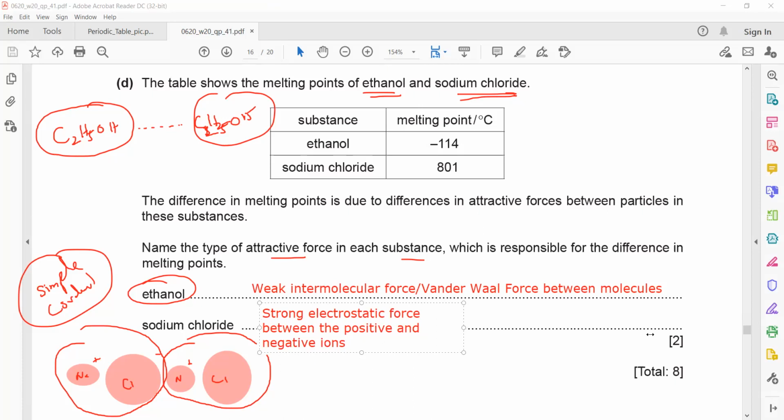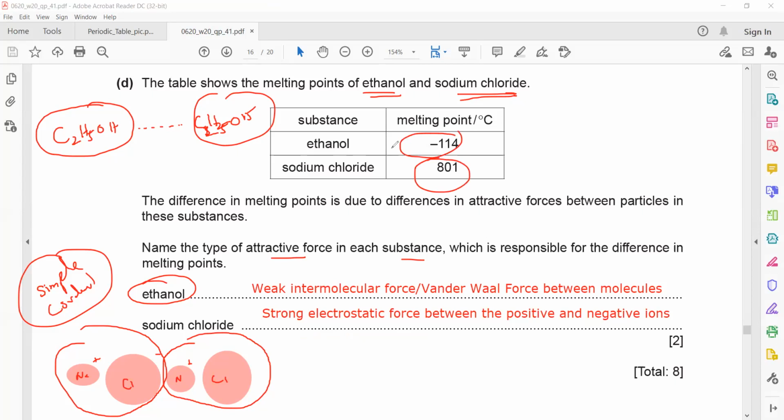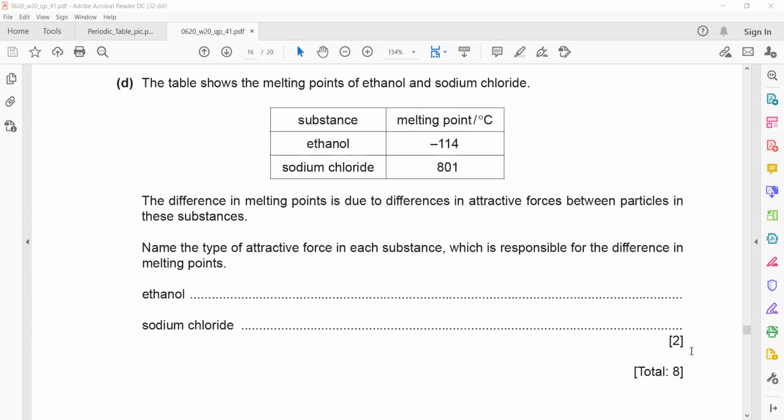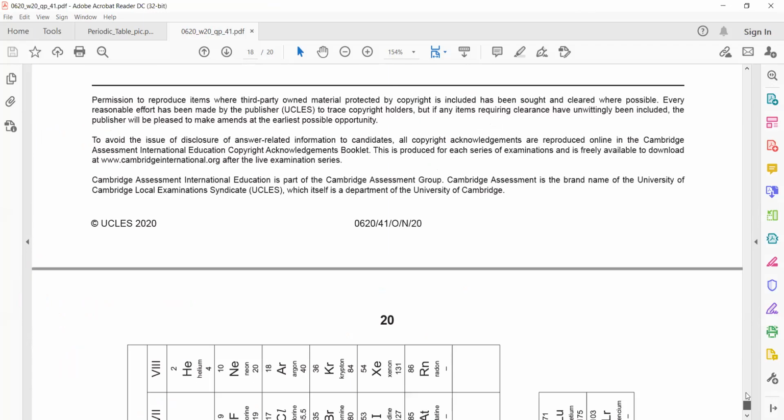Is it clear? Simple covalent substances have weak intermolecular forces, but sodium chloride is an ionic compound, so it will have strong electrostatic force between the positive and negative ions. That's why sodium chloride has a high melting point and ethanol has a low melting point. So this was